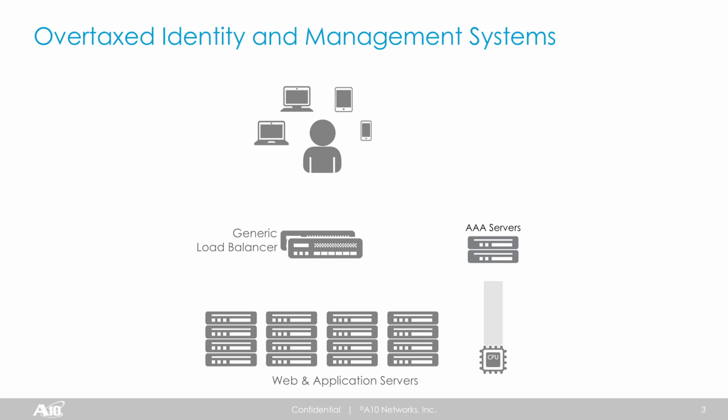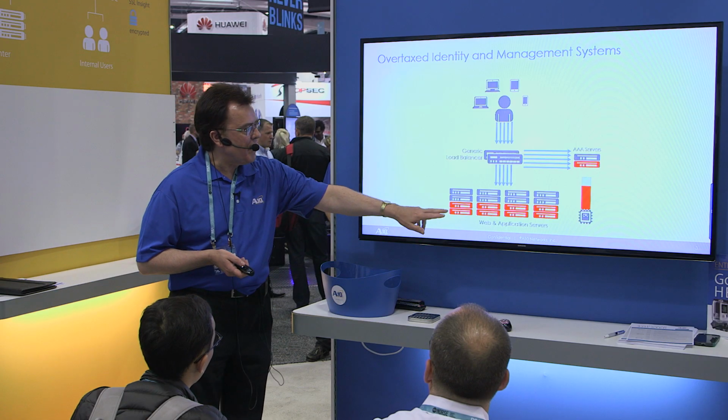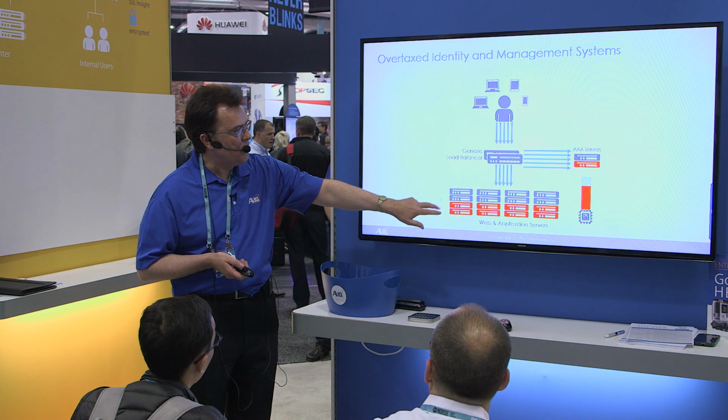Now, today, you'll take your typical high-level infrastructure with the user, various types of access devices, a generic load balancer, your web and application servers, your AAA servers. And traditionally what happens is, of course, requests come in, they go to the generic load balancer, they're shifted over to the AAA server in order to get authenticated, then the client is allowed into your network. But what you'll see is before long, oftentimes, because this device here really isn't doing anything other than just dumb load balancing, you're seeing a lot of the processing take place on the web and application servers and your AAA servers. So as a result of that, these things start to heat up, they start to get higher utilization rates,